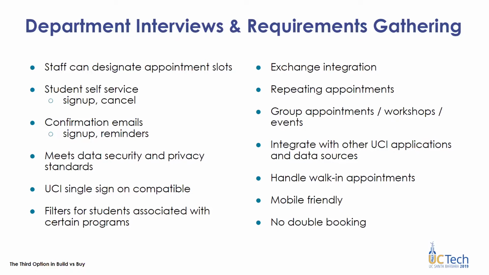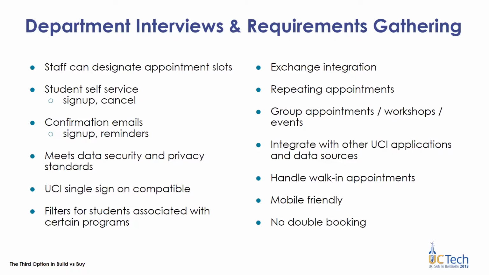Students need to be able to do self-service to schedule appointments, cancel appointments. They want the system to be able to send confirmation emails for anything related to the appointment. Reminder emails as well. They need to meet data security and privacy requirements of the university, to be compatible with our single sign-on solution,